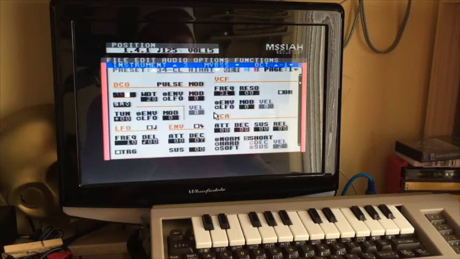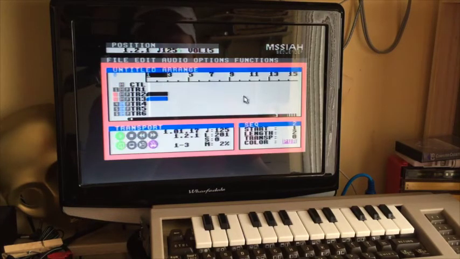Go into my instrument again and just do a bit of release time on the instrument. Okay, and